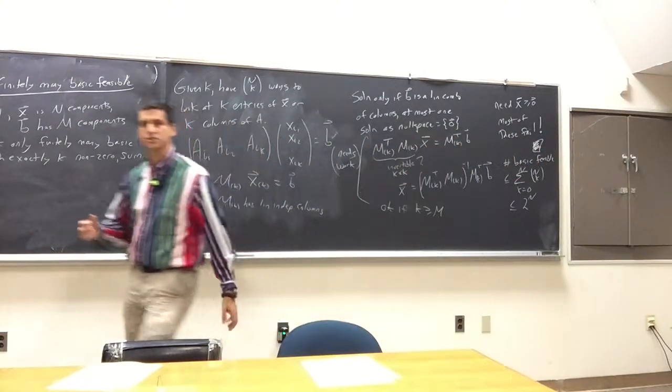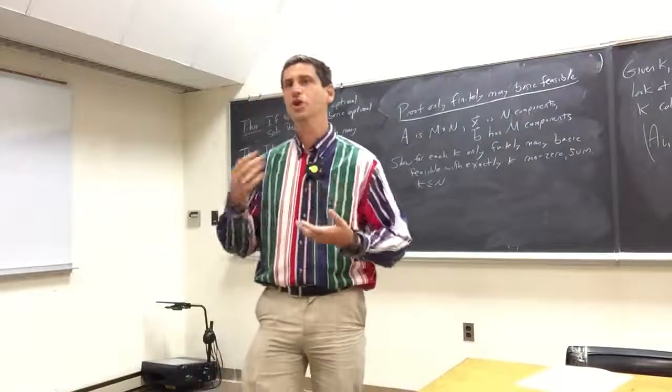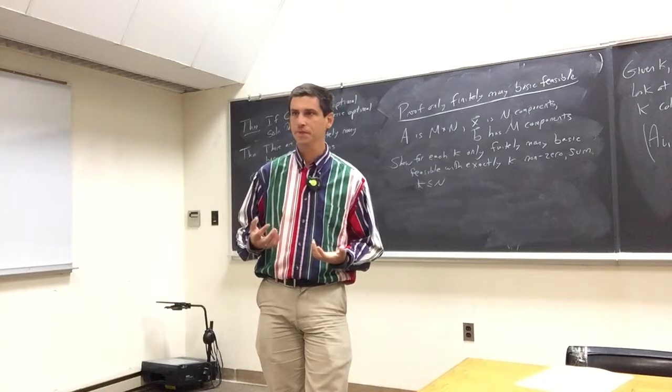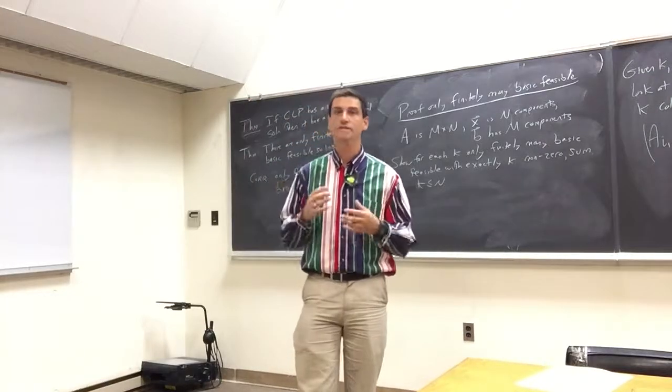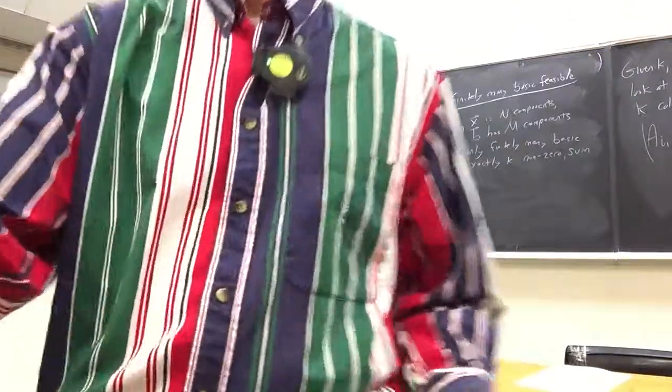All right, so this is a good place to stop. I might talk a little bit about some connections with prime numbers just in terms of looking at how efficient these things are. But what we've now shown is there's only finitely many basic feasible and basic optimal, and the goal will be to then use that and